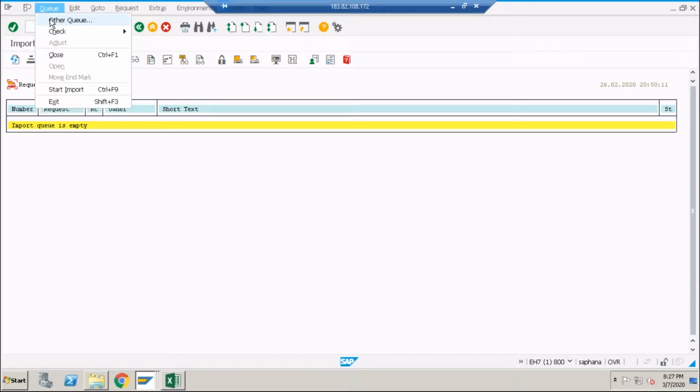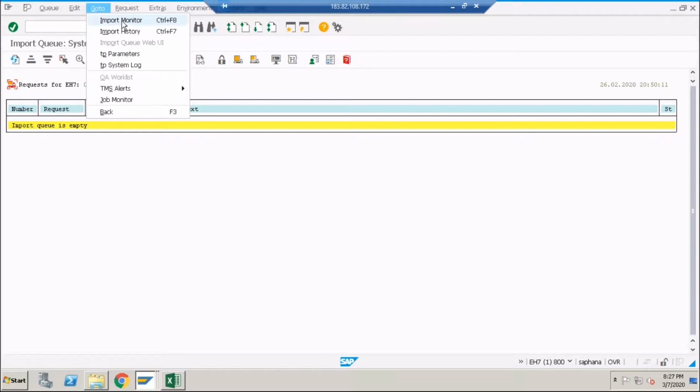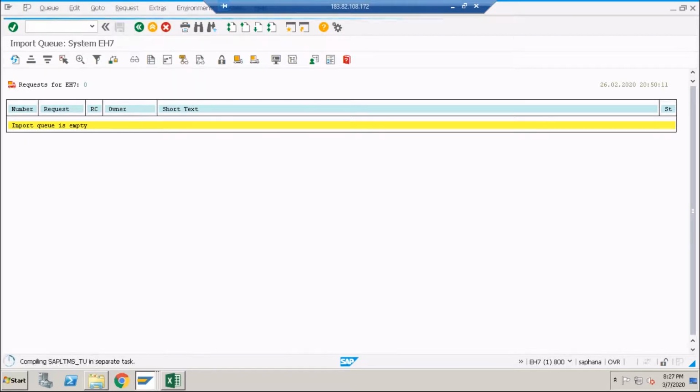Go for check and is critical update. Okay. No, it's showing import history. Now go for main menu. Go to option. Go to history. Go for import history. Import history. Okay.